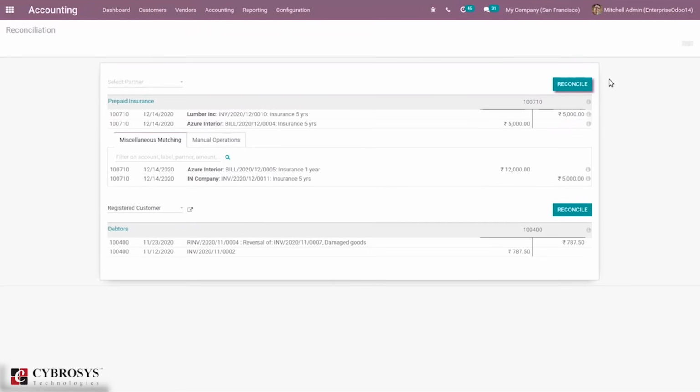So it allows you to match payments with the corresponding invoices and confirms that accounts in the general ledger are consistent, accurate, and complete. Matching your bank statement with your accounting records can be a tedious task. You need to find the corresponding invoices and compare the accounts, amounts, and partner details with those in the bank statement. So there are different ways to reconcile that.